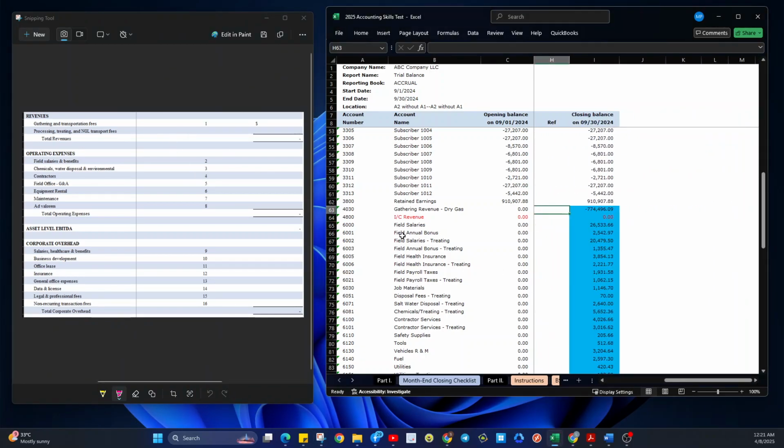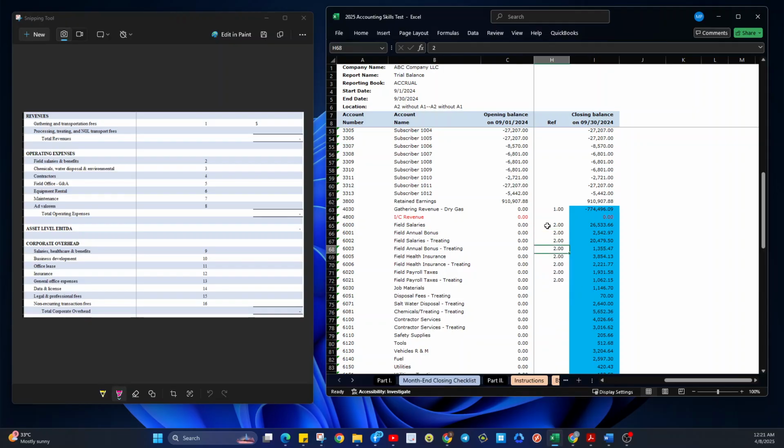So here we have one gathering of, actually, it's one gathering revenue. Let's put it one here. And then field salaries, we have here 2. So put 2 here. Control C.